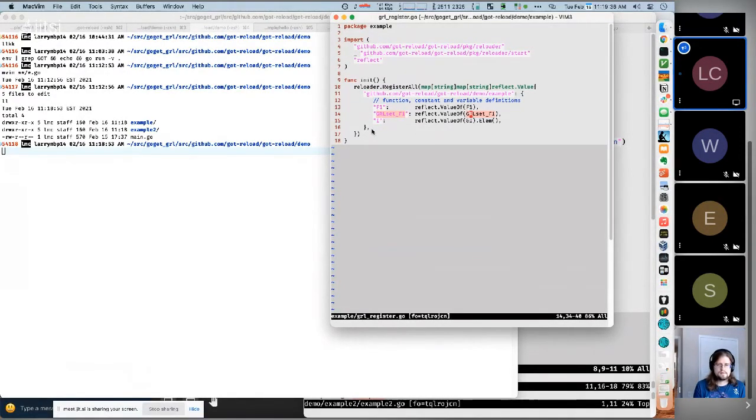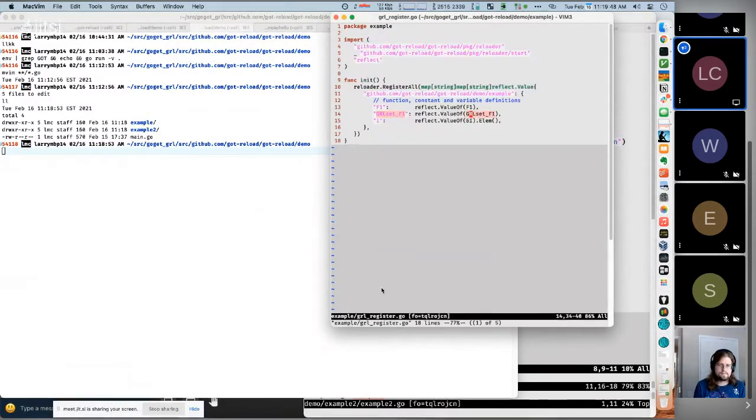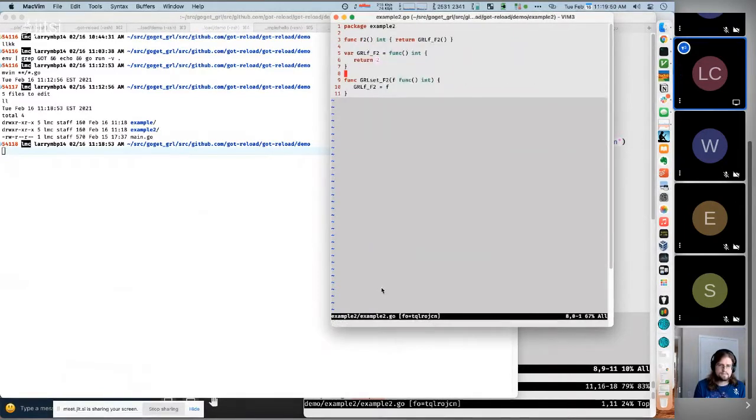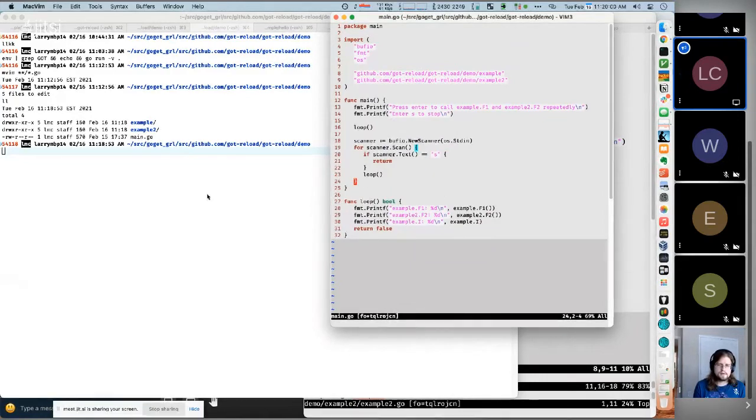And with a more complex file, you get a lot more here. And so we have the translations of the example.go file. We have the registrations for it. And we have the example2 package, which is even simpler than example1. And we have its registrations. And so